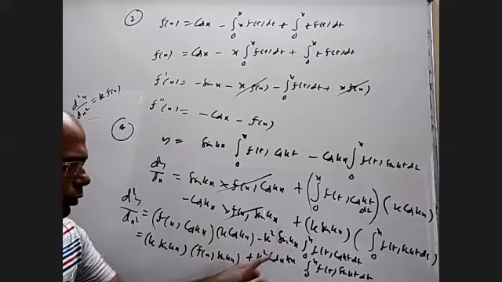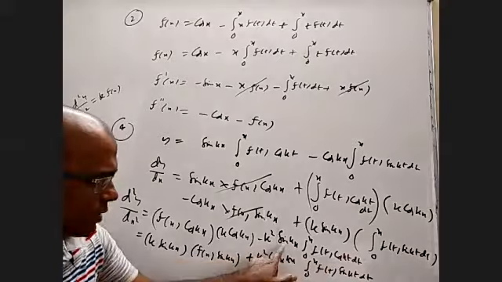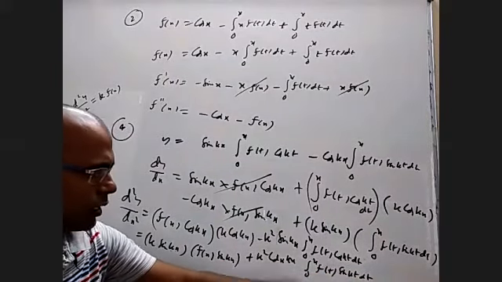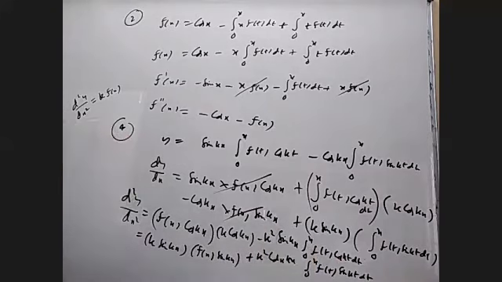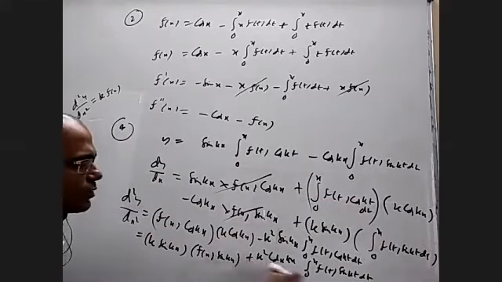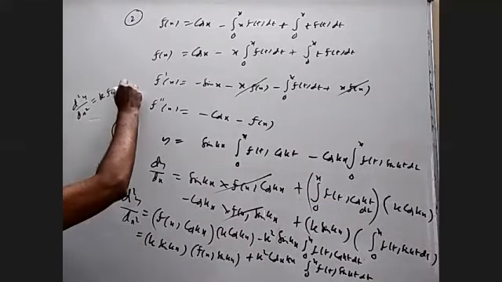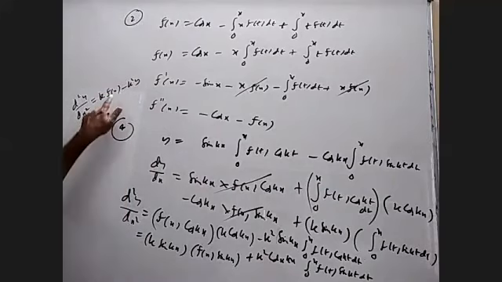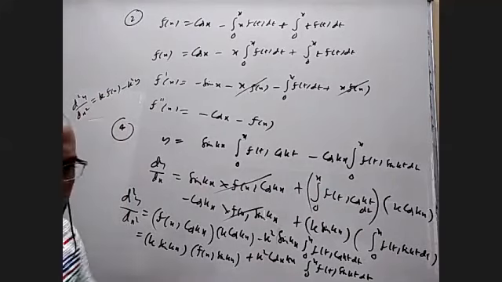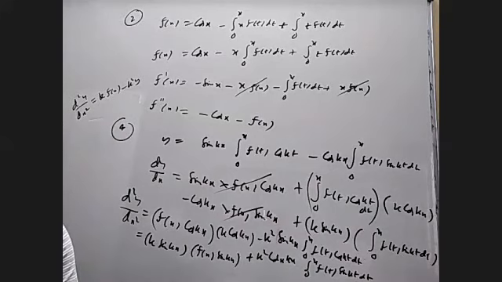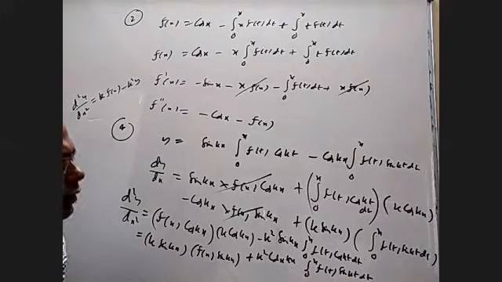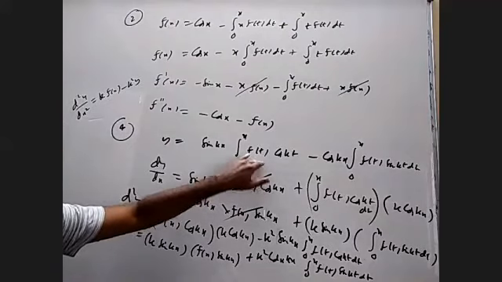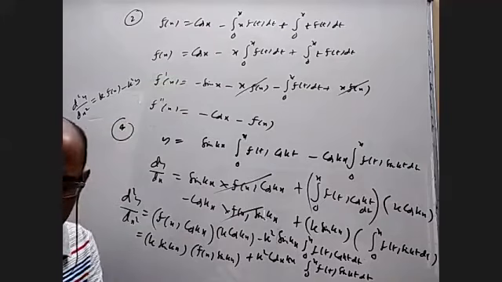Coming to this, sin a cos b minus cos a sin b will become sin a minus b. After taking minus k square common, what is left is exactly y only. So it is actually minus k square y. So what is the answer? D square y by dx square is equal to k f of x minus k square y, option A. So both for the second one and the fourth one, the problem is there is an x within the function. We have to take it out. That's the problem with this.